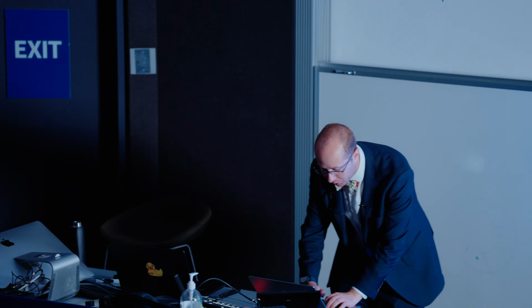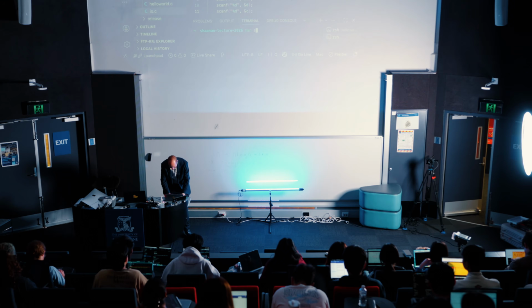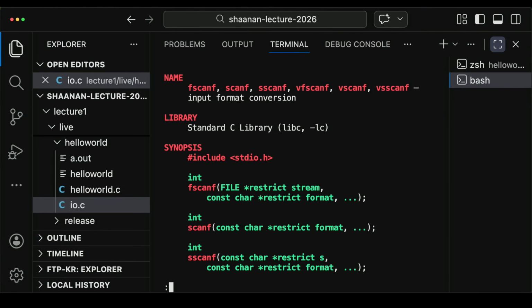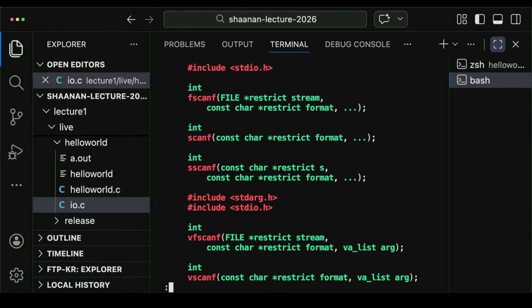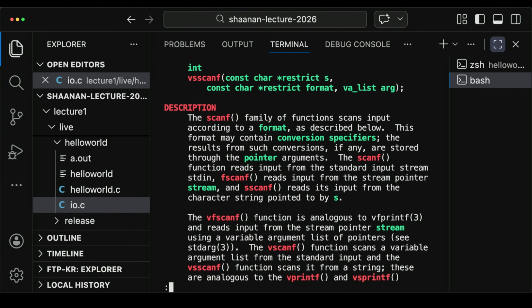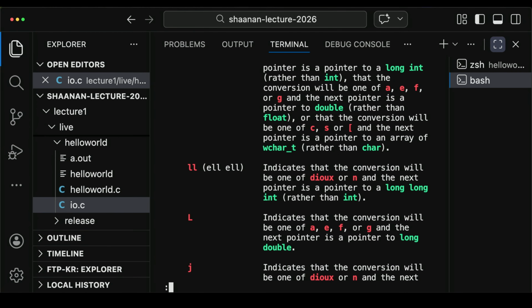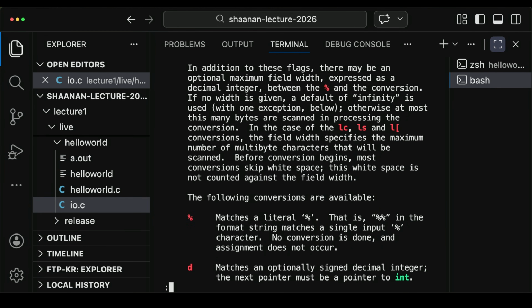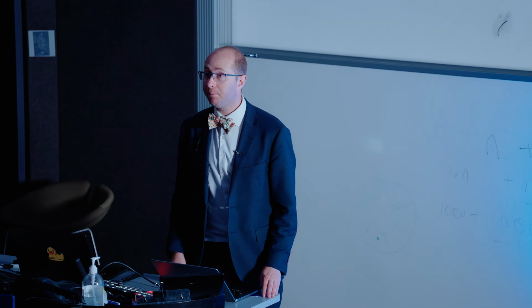So I'm going to open up my terminal, and I'm going to type in the command man, which is short for manual, and I'm going to type in scanf. And then let's open this up big. And this is what is called the man pages. And here is a full description of all the different things that you can do with scanf. And this gets very long. But if we scroll down, we can see all the different format specifiers. See, here we go, %d matches an optionally signed decimal integer, etc., etc. So if you wanted to, you could go through and read the manual and learn about the different functions that way. That's an important technique.